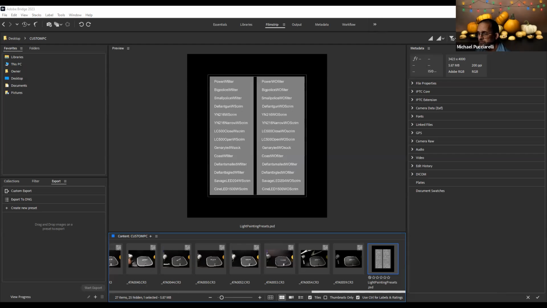And in this tutorial or short webinar, I'll be talking about how to do presets with light painting in Adobe Camera Raw, where